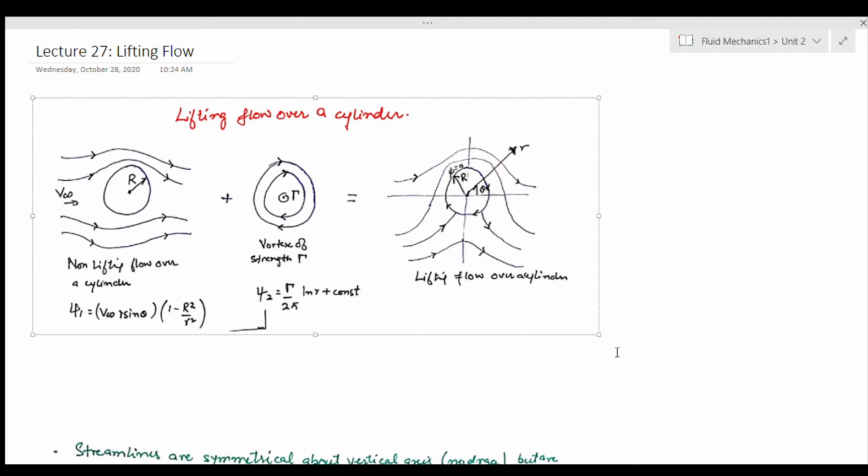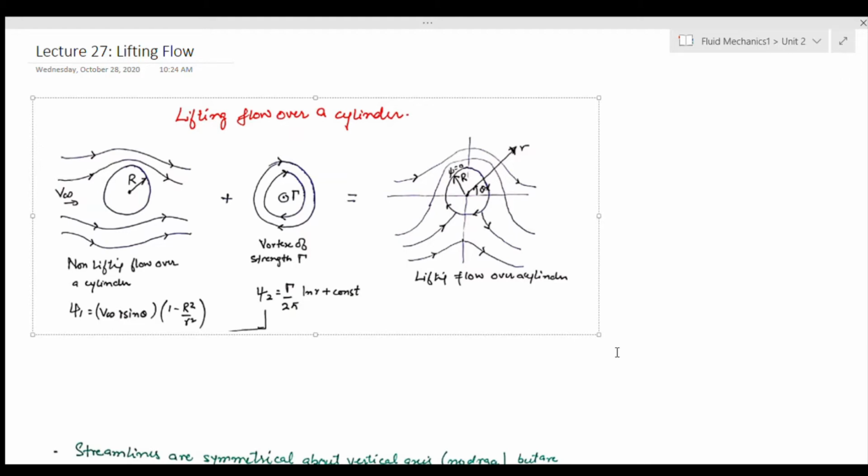Whatever you are seeing here, since it's potential flow theory, we are considering only incompressible and irrotational flow. Currently we are taking the area where viscous effects are present within our stagnation streamline, or we can say that once we consider any solid and flow on top of it, the boundary of that solid actually includes the boundary layer also. So these are the things I discussed a little bit during our last class.